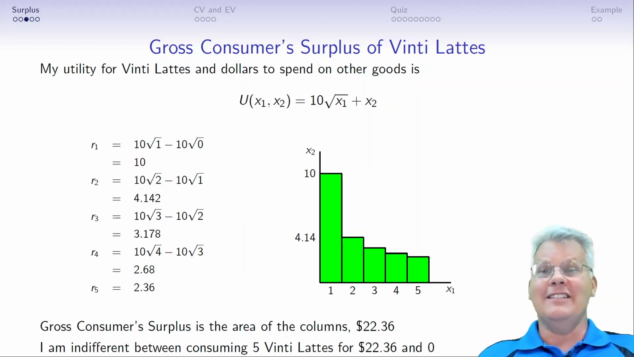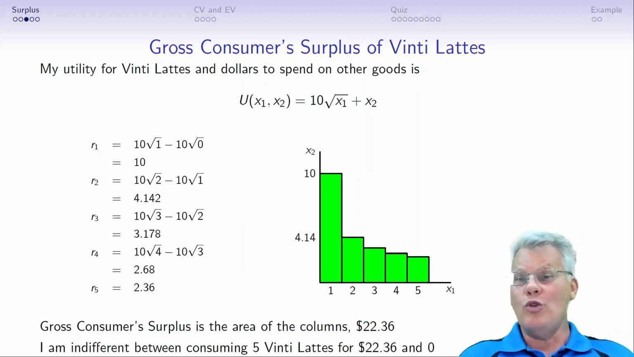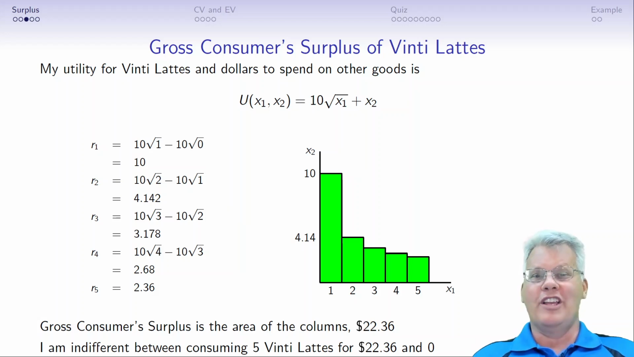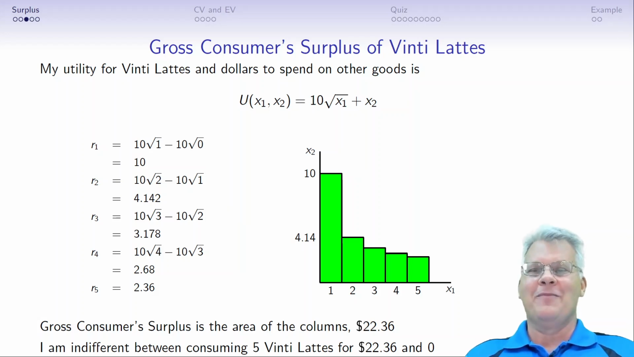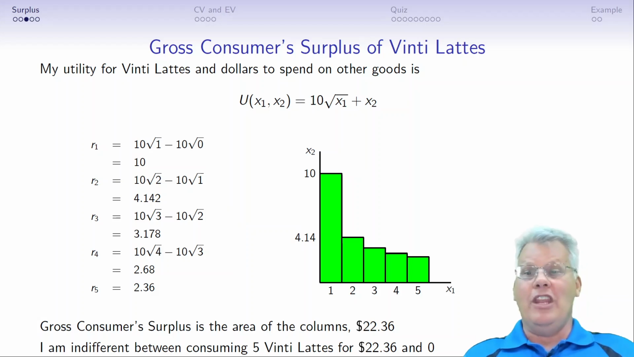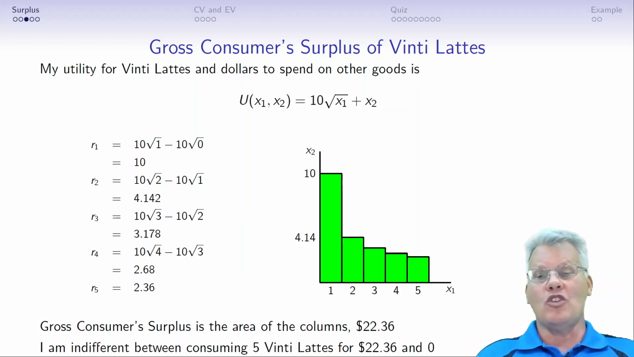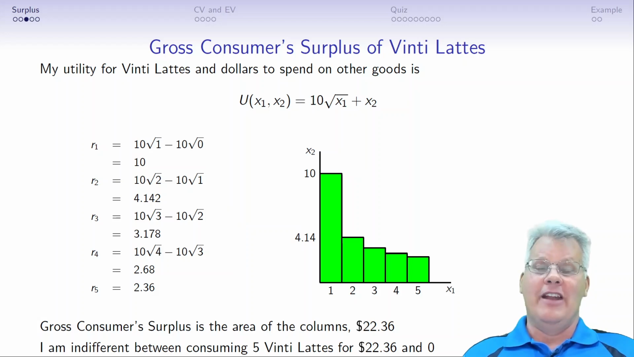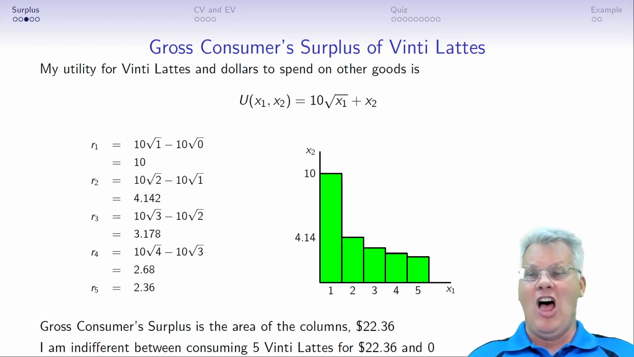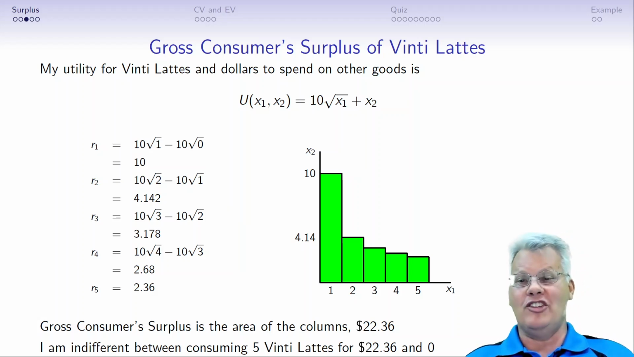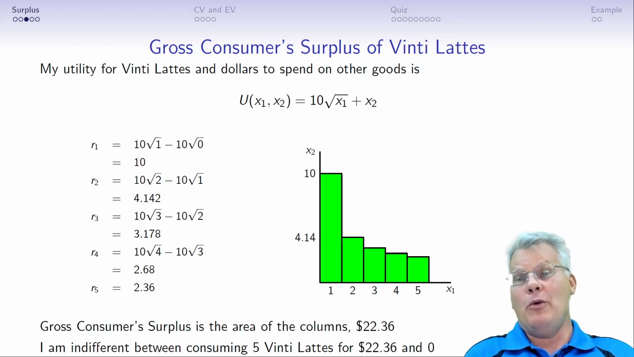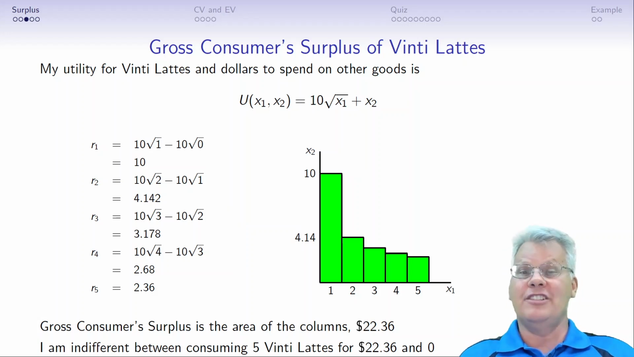So to apply this, consider my gross surplus for consuming Vinny lattes. Let my utility function for Vinny lattes be 10 square root of 1 plus x. If I apply the formula that I derived from the previous slide, my reservation price for the first Vinny latte is 10 root 1 minus 10 root 0, or I'd be willing to spend up to $10 for the